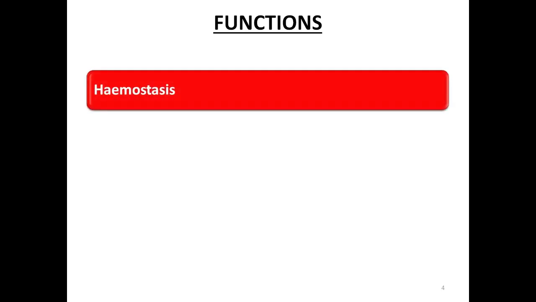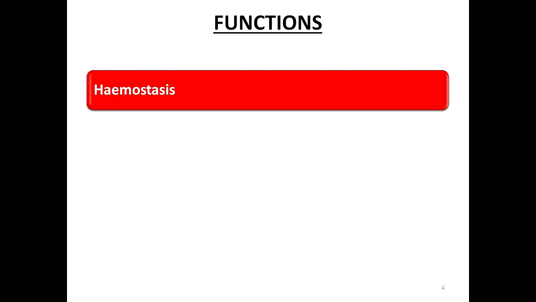So, functions of platelet. One of the important functions is hemostasis. What is hemostasis? That is arrest of bleeding or stoppage of bleeding by a physiological process. It takes place with several events, right? First, there will be vasoconstriction whenever there is damage to the capillary endothelium, right? So what happens? Damage to the blood vessel takes place. At that time, vasoconstriction takes place. That is release of certain vasoconstrictor mediators, right?